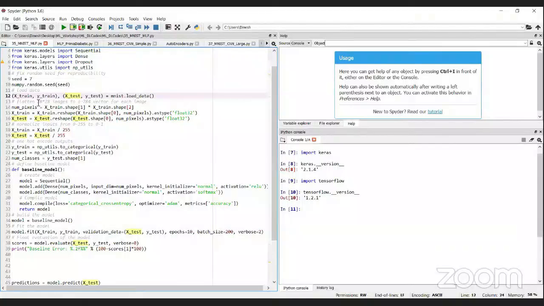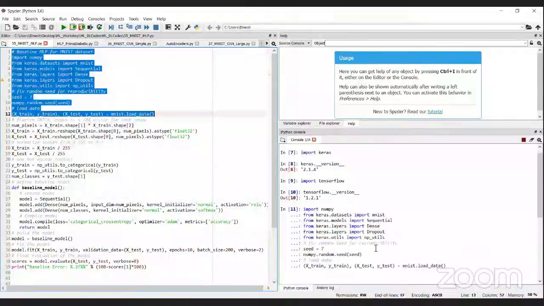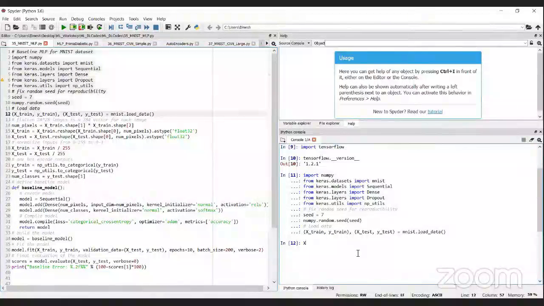If I run up to this point, it has 60,000 training samples, each a 28 by 28 image.